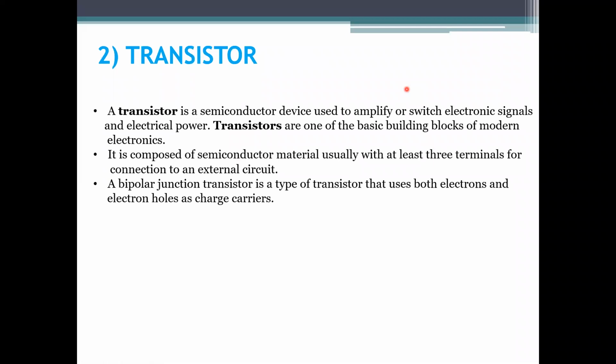In the NPN transistor, the transistor consists of 3 semiconductor regions, made either of silicon or of germanium. As follows: the emitter is heavily doped and medium in size. The base is lightly doped and thin in size, whereas the collector is medium doped and large in size. Thus, the transistor has two p-n junctions: the emitter-base and the base-collector.